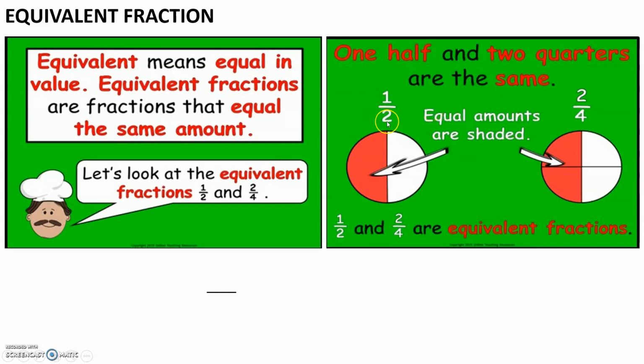But children, looking at this, can you tell me whether they are same or not? No. See, here it is 1 upon 2 and here it is 2 upon 4. So how can we say that this is equivalent fraction? So see children, 1 upon 2 is already in the lowest term, means we cannot divide it further. Like this 1 comes in 1 ka table and 2 comes in again 1 ka table. Yes, I know 2 comes in 2 ka table also, but both the numerator and denominator come in which table? Yes, you are right. They come in 1 ka table. So they cannot be further divided.